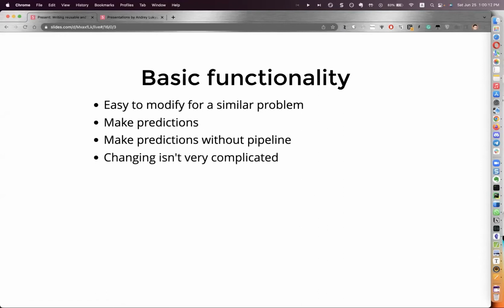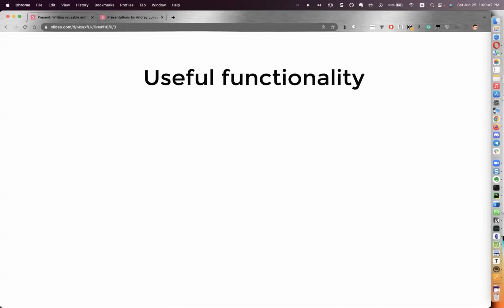Also, it should be easy to change the model. I have shown some examples of changing the code, yes, but also, for example, some frameworks have a lot of layers of abstraction. And if you need to change some line of the code, you need to traverse multiple nested levels of abstraction. It's difficult to understand what exactly you need to change. And I won't criticize this approach, but I don't really like it. I prefer things to be easier, more modular, easier to change.